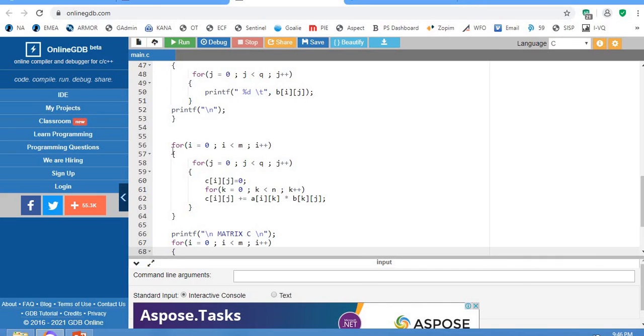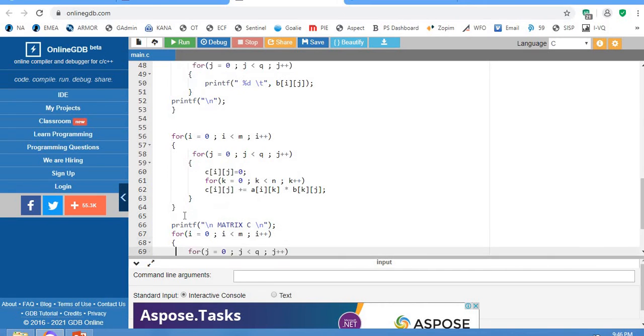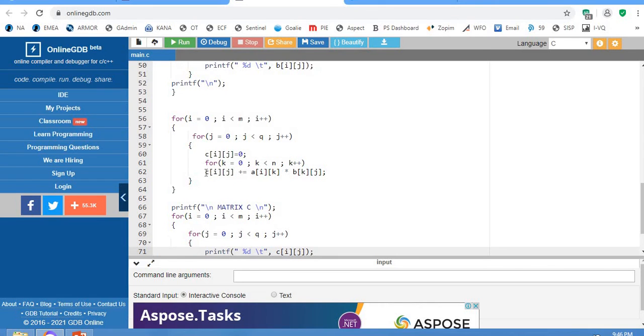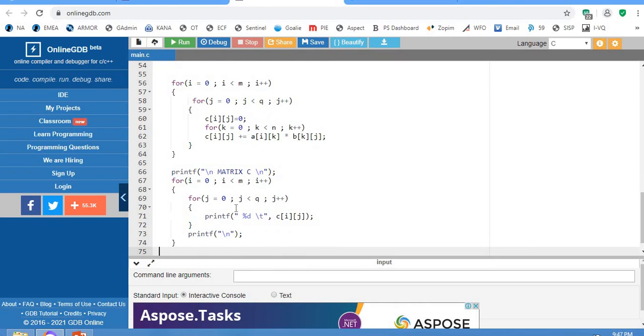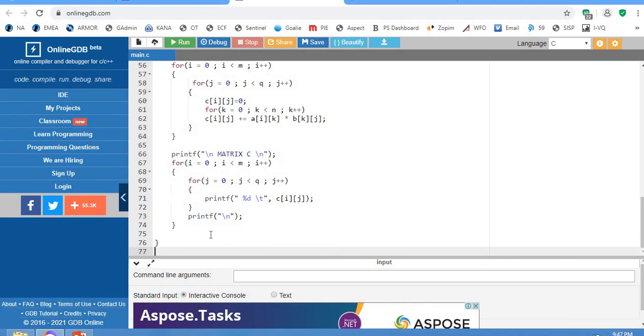Okay, then once you find the product of the matrix, we'll print matrix C. You have the product of the matrices in c of ij, right? So we'll print c of ij here. Very similar lines. i is equal to 0, i less than m, i plus plus, then j is equal to 0, j less than q, j plus plus, print c of ij. See the same backslash t, same backslash n in here. For all the matrices we use a very similar thing. So we are done with this. Then when you encounter this flower bracket, the program will exit.